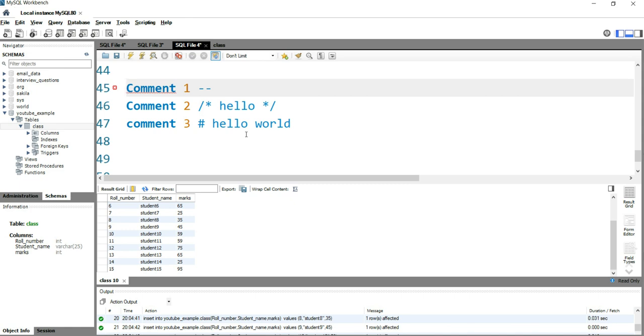A comment can appear between any of the keywords, parameters or in any statement, right? You can include a comment in a statement in three different ways.